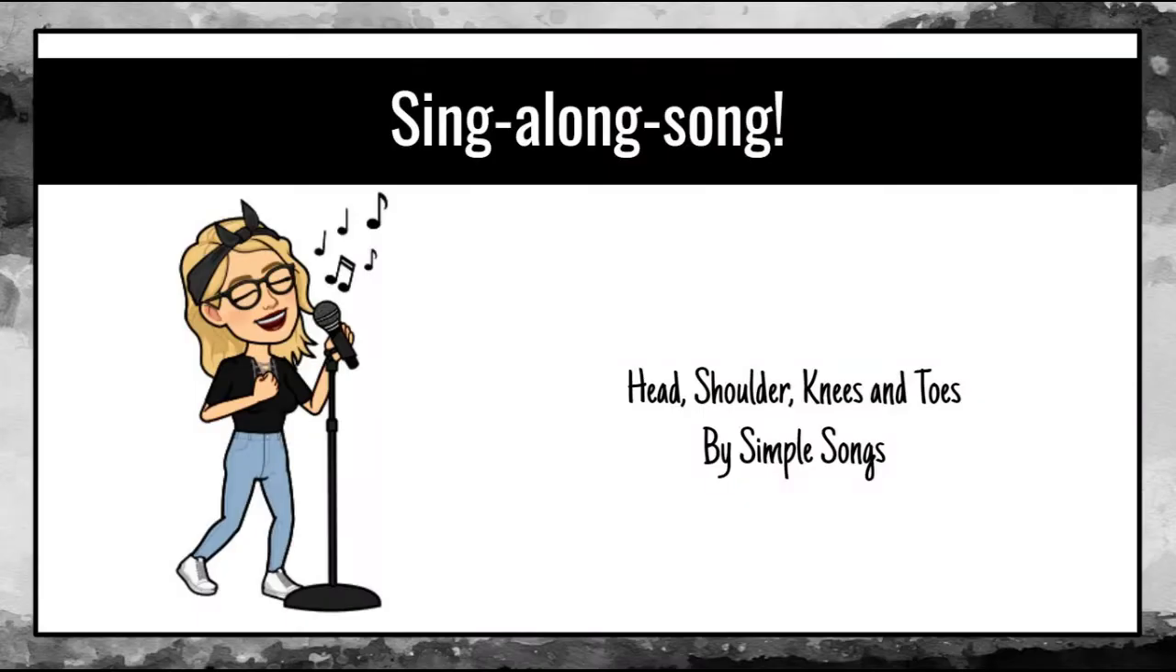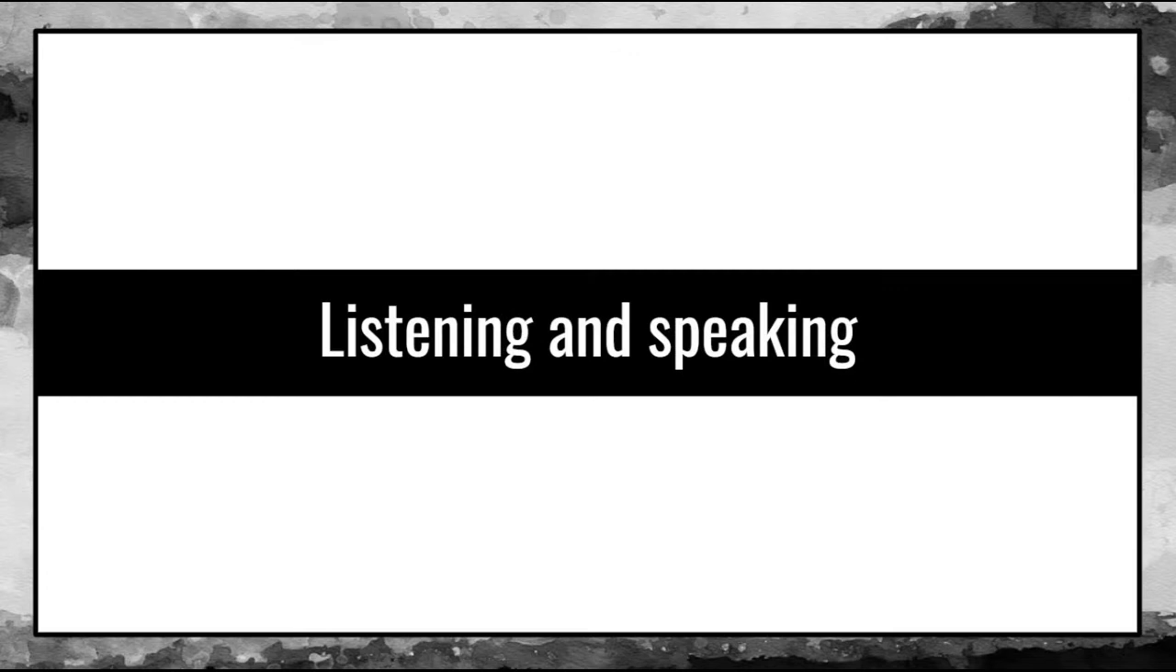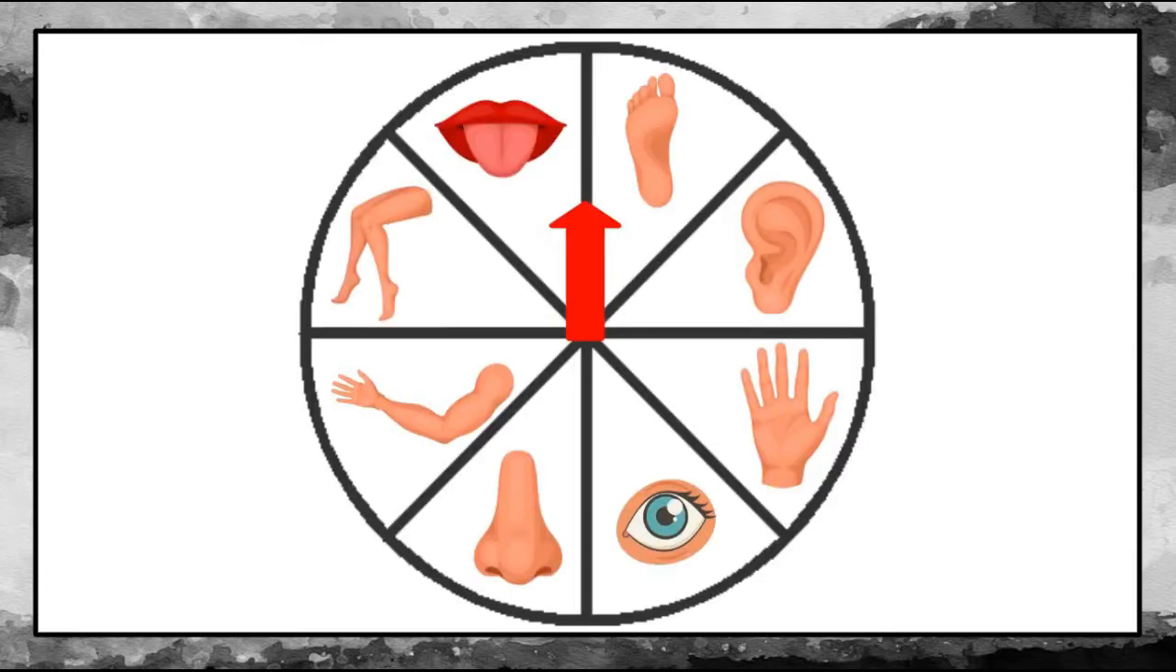I really hope you enjoyed that song. Listening and speaking. We're gonna play a spinning game. Now, the rules are, when I spin the red arrow and it lands on a body part, you must make a sentence with that body part. For example,